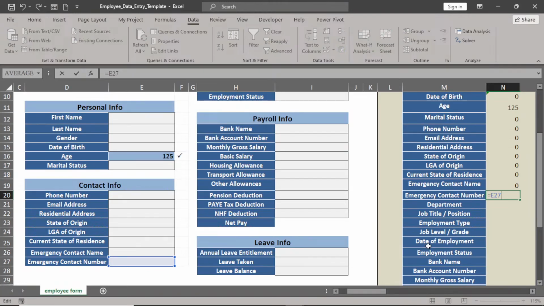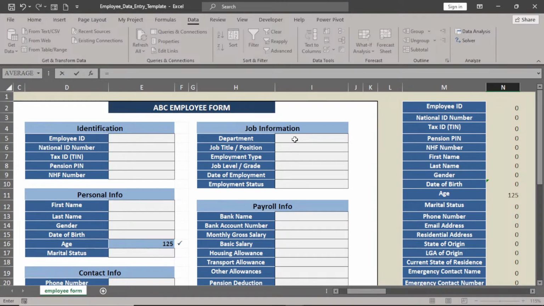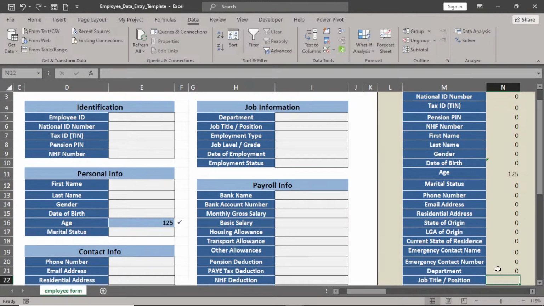That makes it dynamic. Then that's department. I can now say equals to, let's go up and select department and hit enter. And this stops at employment status. So,